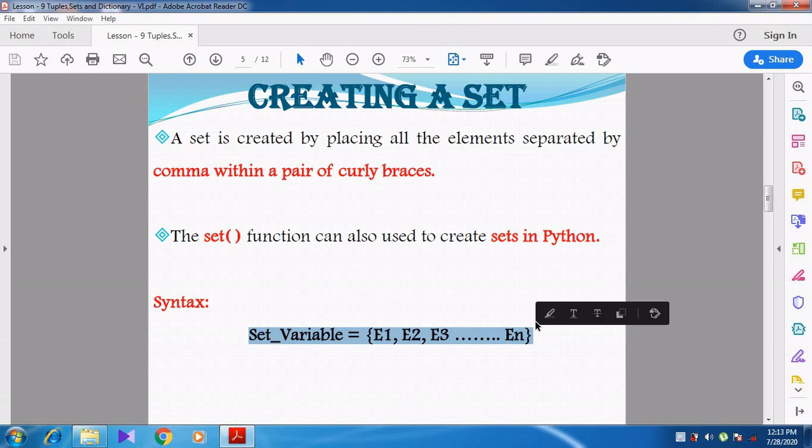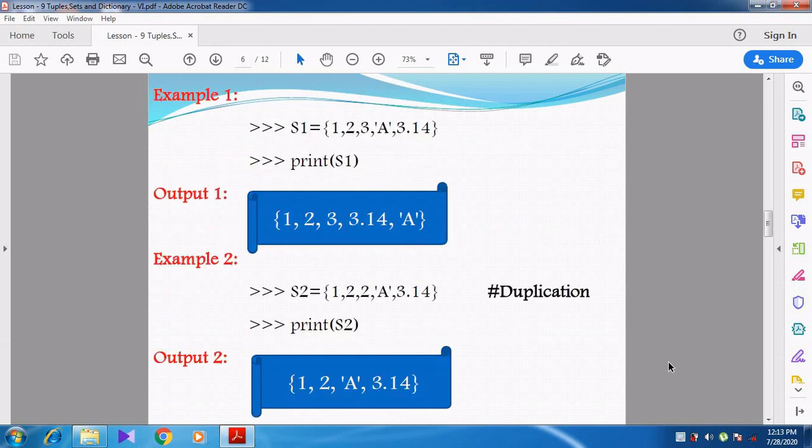This is the simplest way, like how we create the list: list variable equal to open square bracket, elements, close square bracket. And the tuple: tuple variable equal to open parenthesis, elements, close parenthesis.